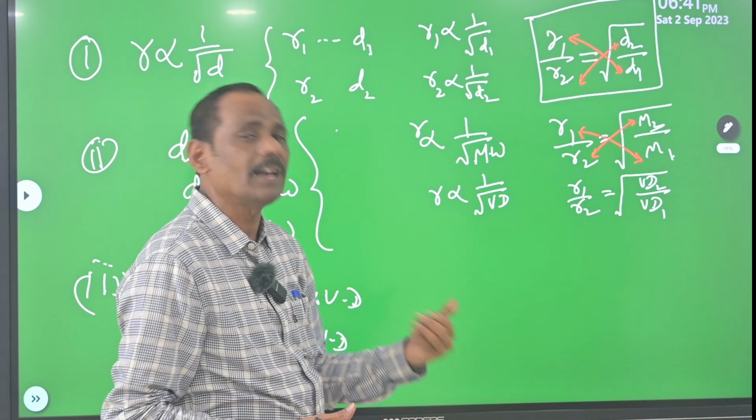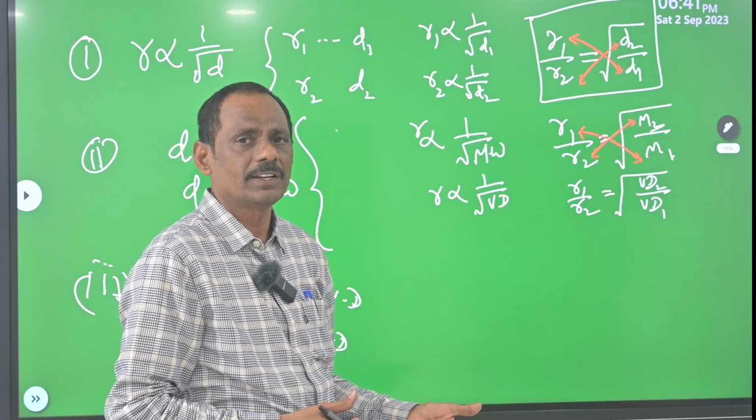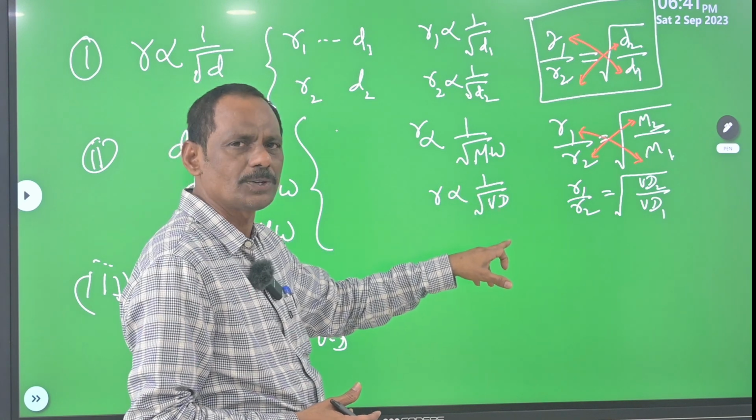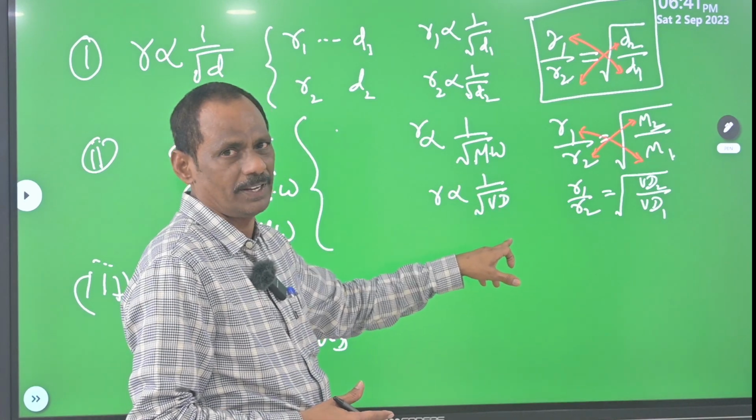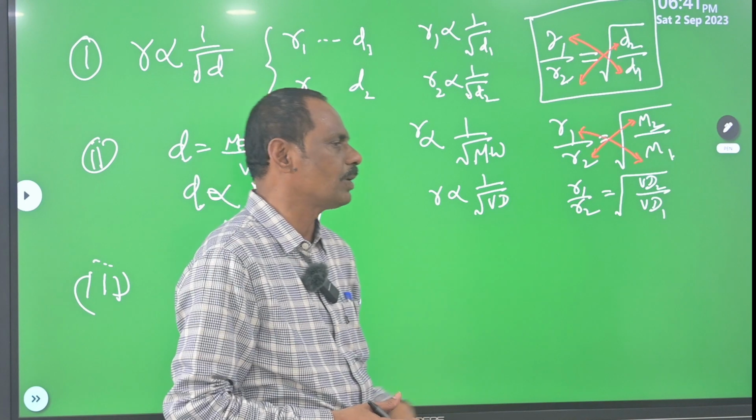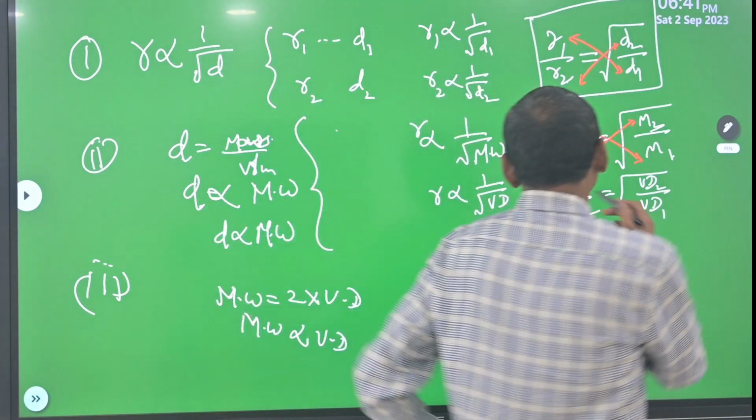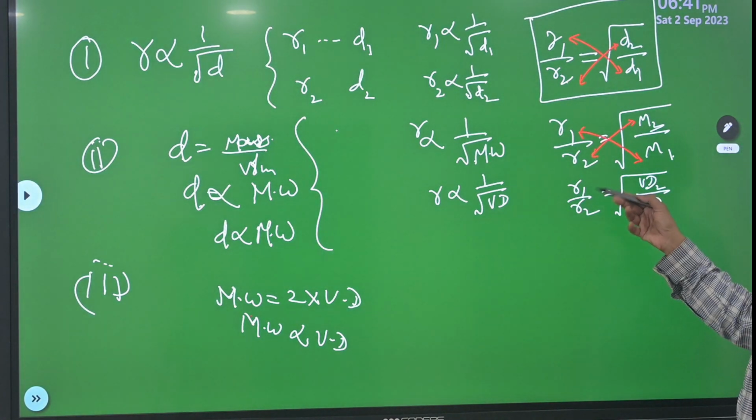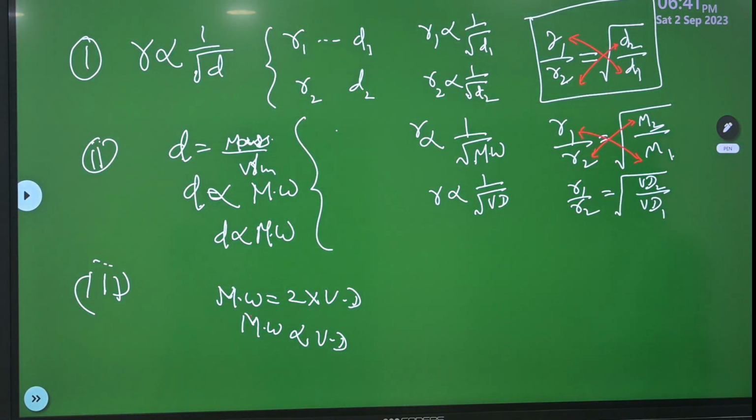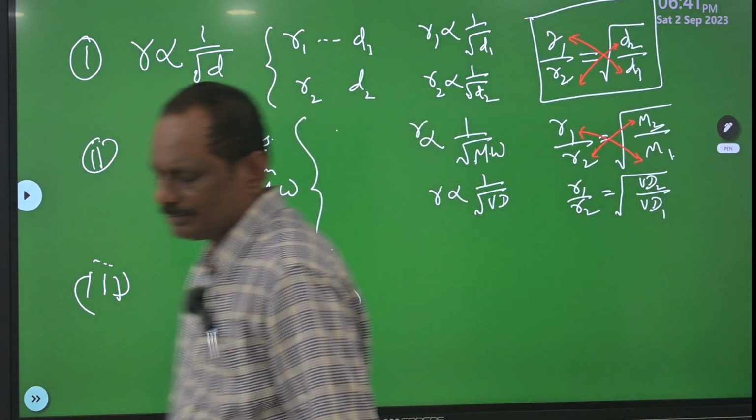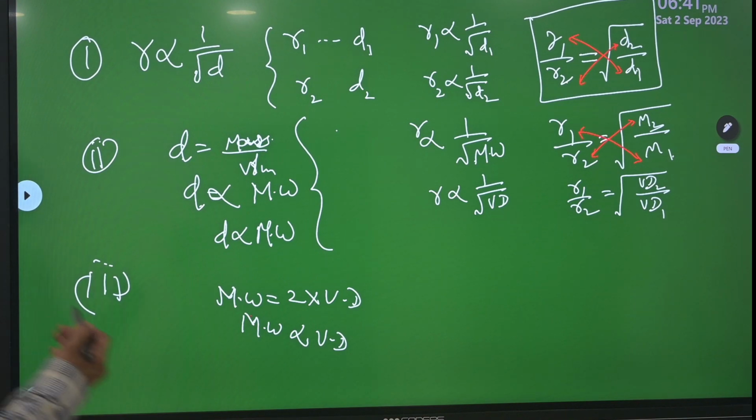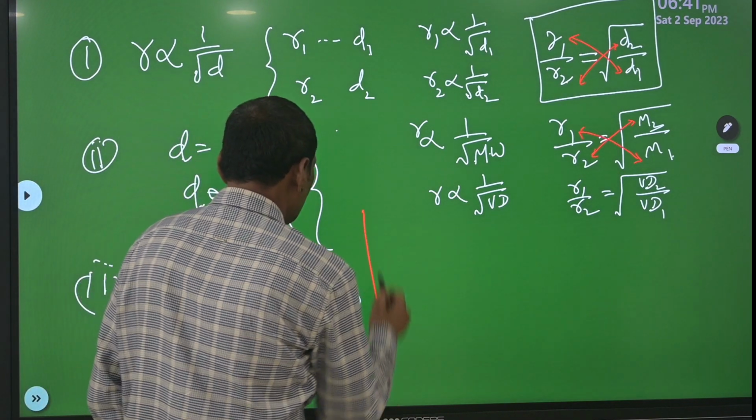Therefore, we can state Graham's law in the third way. The rate of diffusion of a gas is inversely proportional to square root of its vapor density. So, R proportional to 1 by root Vd, and when the rates of diffusion of two gases and their vapor densities are compared, then R1 by R2 is equal to root of Vd2 by Vd1. These are the three basic formulas. Coming to the other formula,